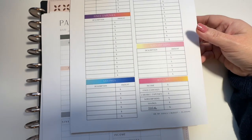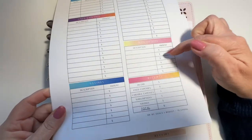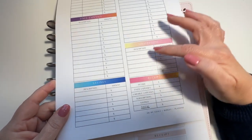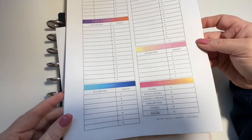So there's plenty of space there to capture lots of different categories. And hopefully that's enough for you. Subscriptions, 1, 2, 3, 4, 5, 6. So if you have more than that, you might have to double up, like Netflix and Hulu, and then the total for that. But again, you guys know how to work it, and you can make this individual to you,